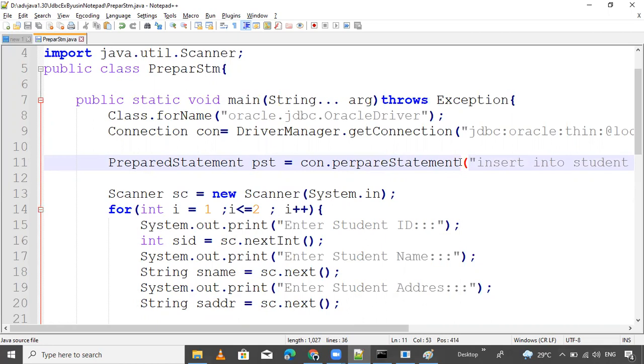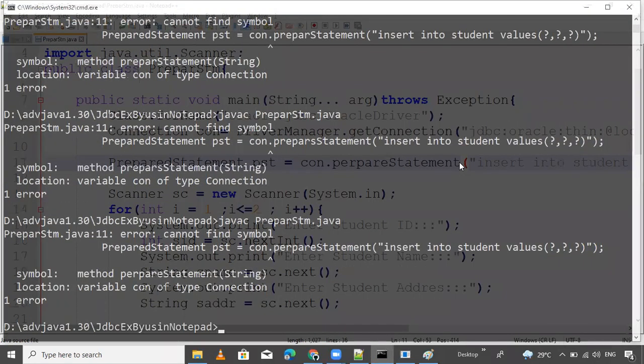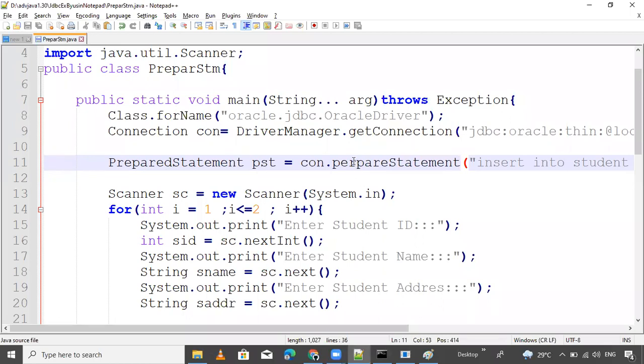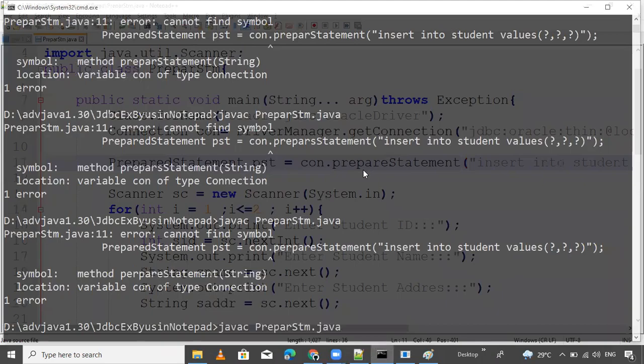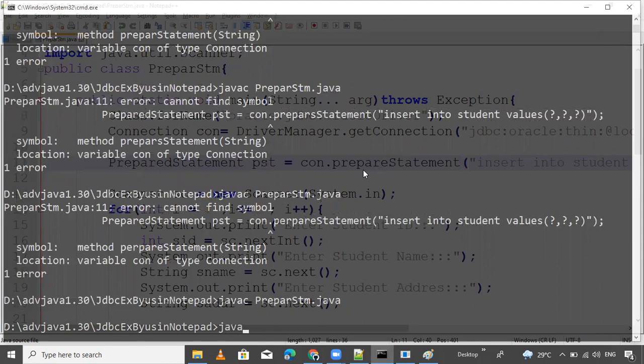Right, check. Again, why? String like that, the con method prepareStatement. Why is it not finding? PreparedStatement. Yeah, compiled successfully now. Done.